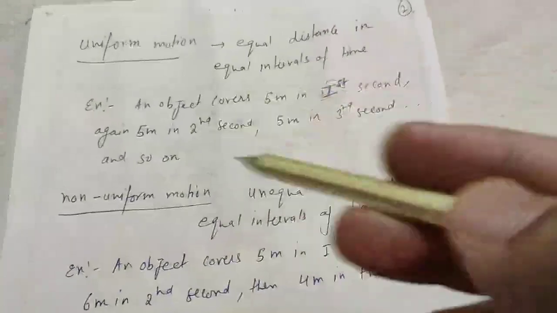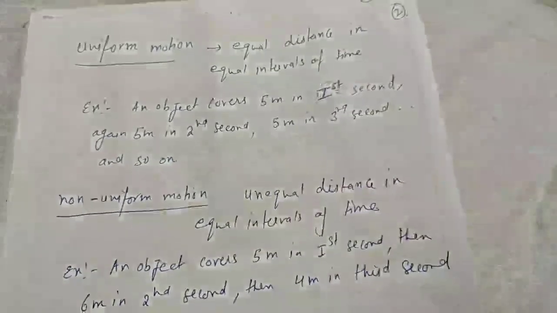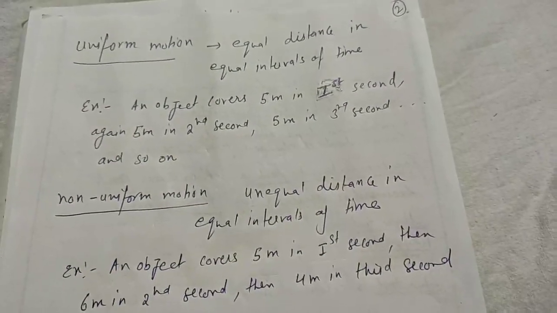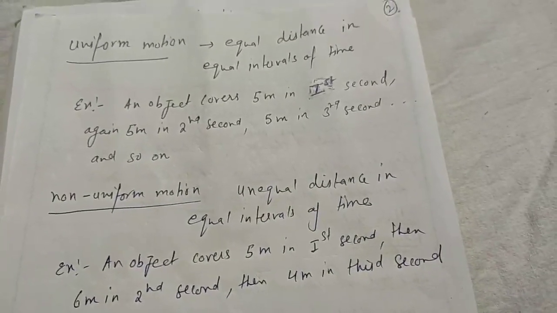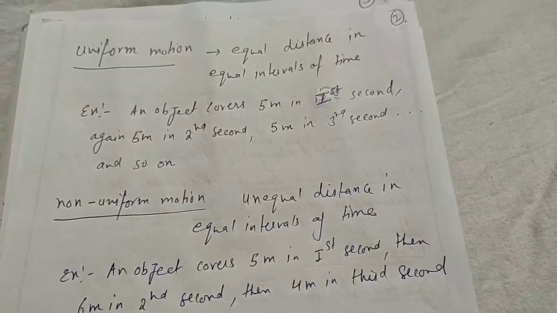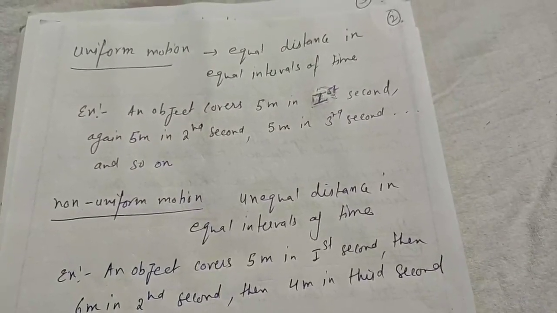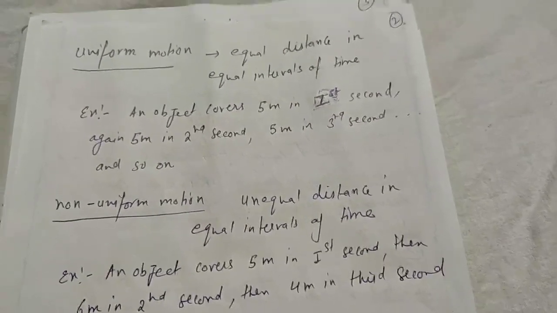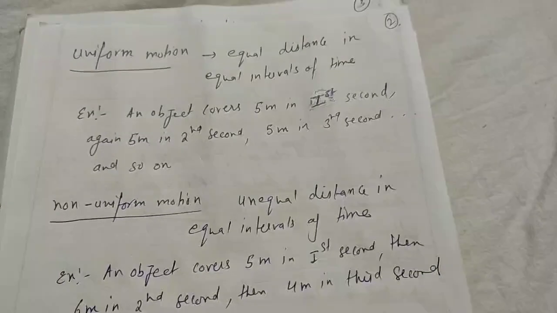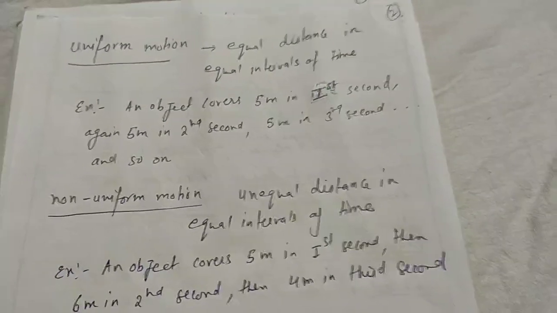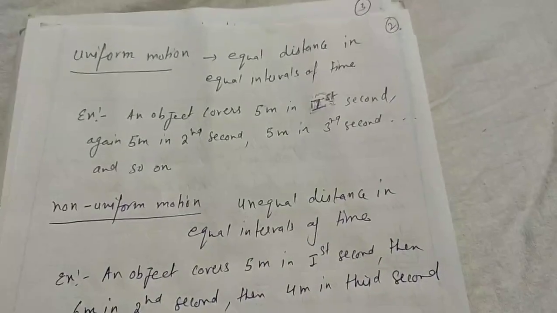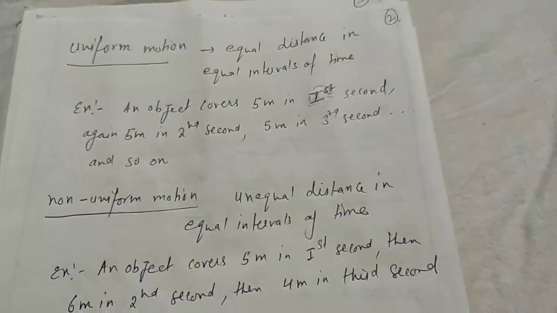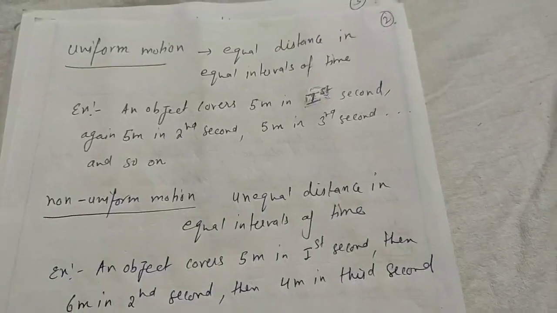This is the example which I made randomly, but from day-to-day life you can see it also, like the rotation of the earth, which takes 24 hours a day. Means the earth takes how much time to complete one particular rotation? 24 hours. Similarly, the revolution around the sun takes 365 days. That is fixed. Means covering equal distance in equal intervals of time. In 1 year, in 365 days, one complete round. That is uniform motion.